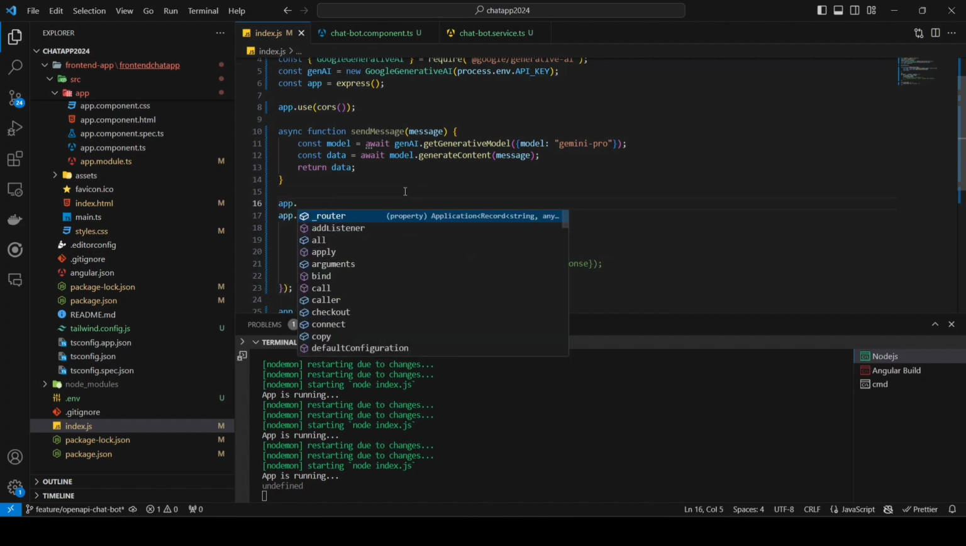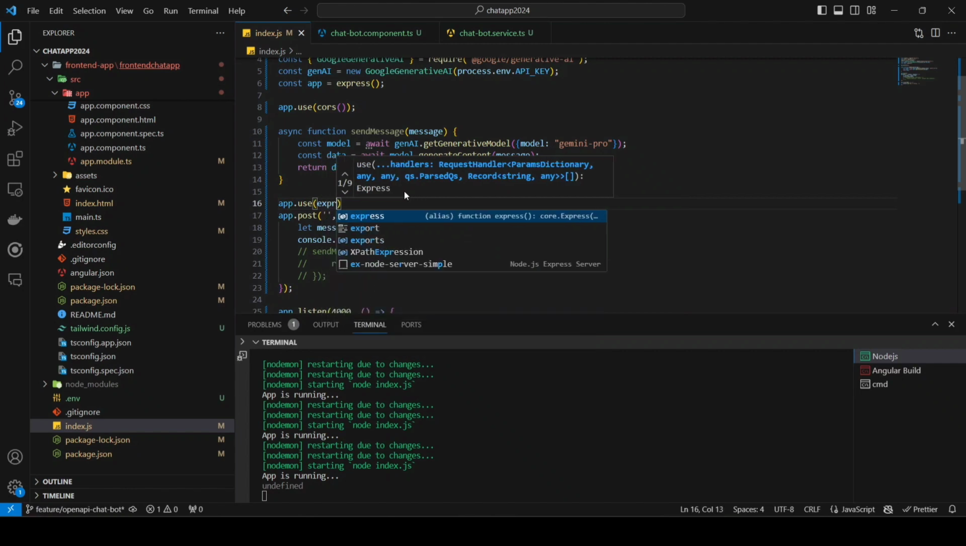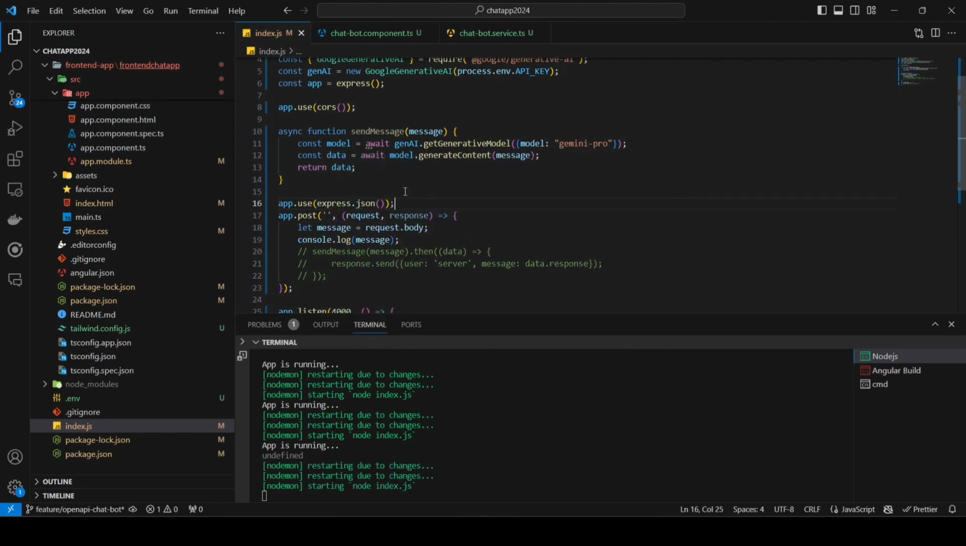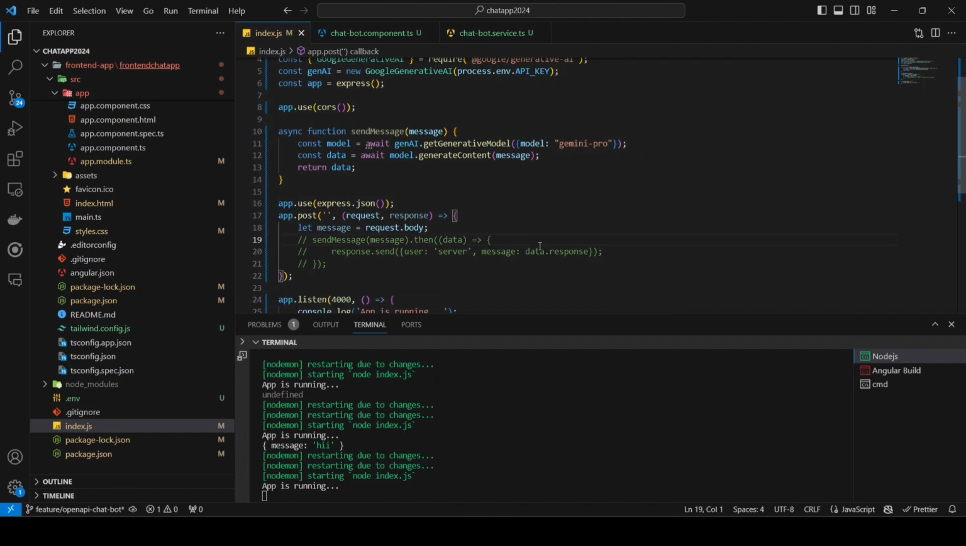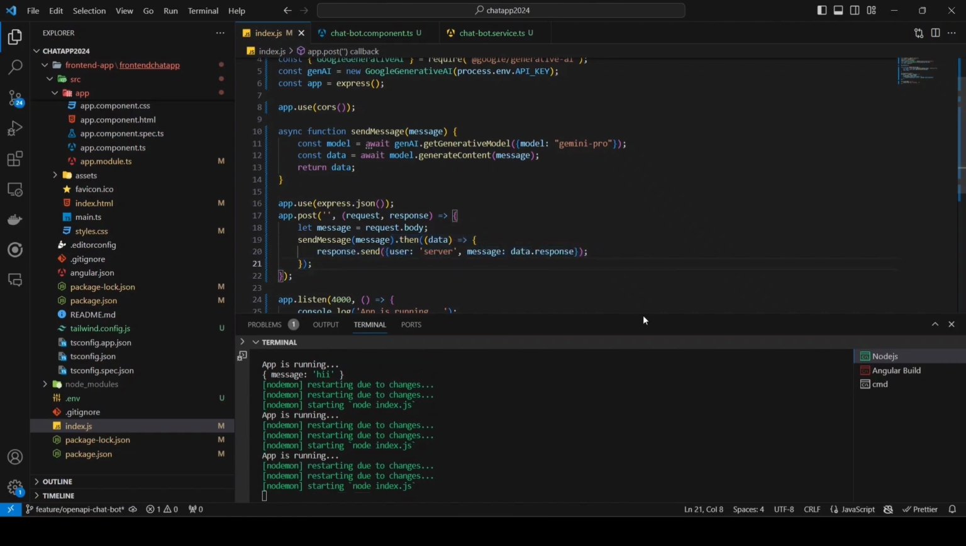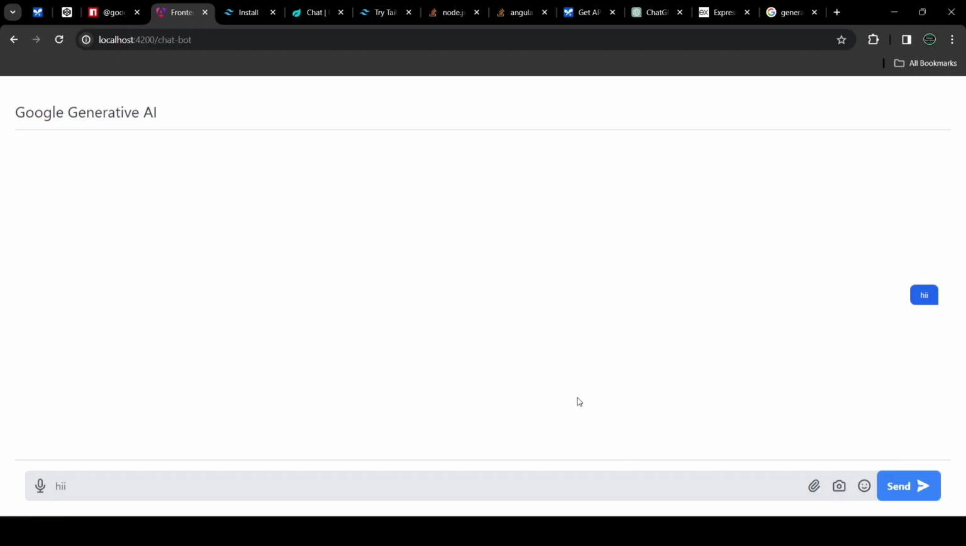Okay. So by default, Express won't parse it. So here we are going to use app.use(express.json()) so that we can get the JSON data. And as you can see, the message hi is printing in the terminal. So our code is good, but we need to use express.json, right? So let's type something here, click on send,